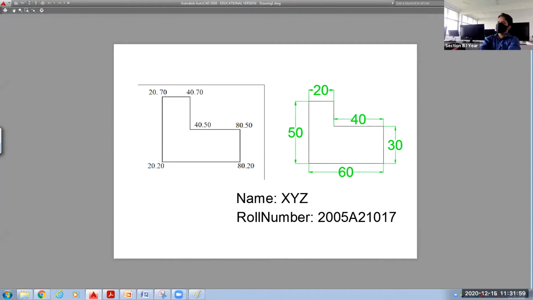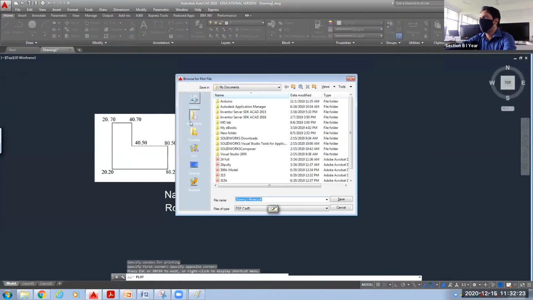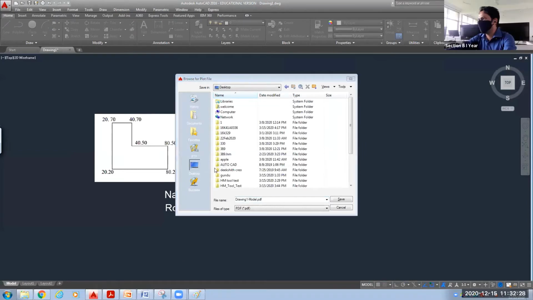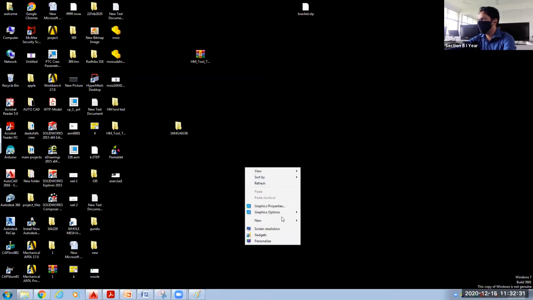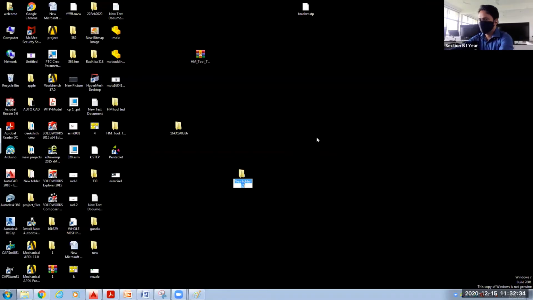Now, here you can see the question. Here you can see what you have drawn on your software. And you can see what is the name of student and what is his roll number. Now this is fine. Now we can take the printout of this and you can attach it in your file. So once it is done, click on the option that is plot, top left corner. Plot is there, plot it, and it is asking where to save. So on desktop, create a folder with your name. I'm creating one folder. GDM, you can write your name or roll number. Okay. Practice, I am writing.